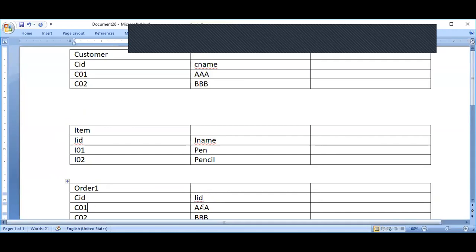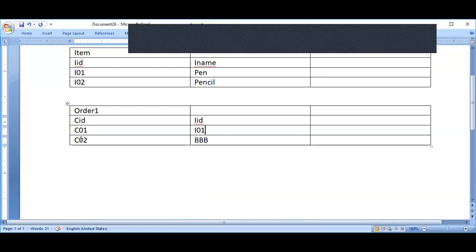Suppose I say this customer AAA has taken I01, and customer AAA has also taken I02. This is a common example we have seen so many times. Suppose there is customer 2, and he has taken I01 again.